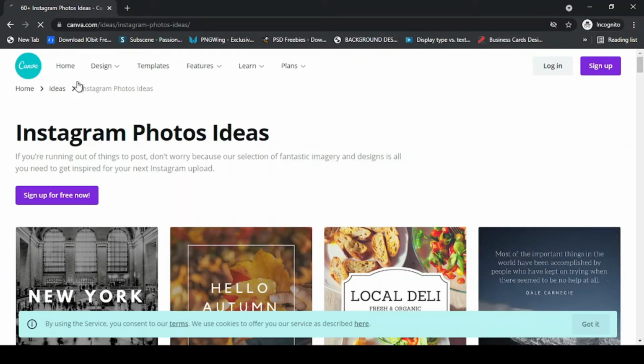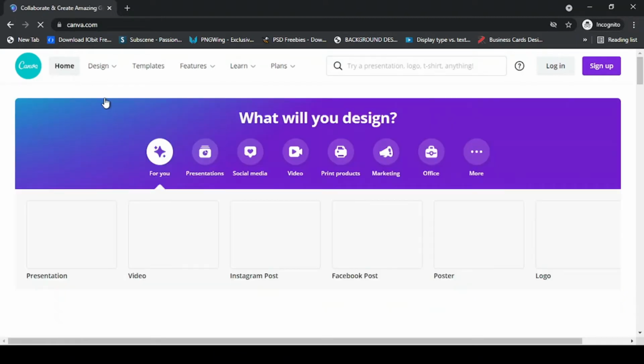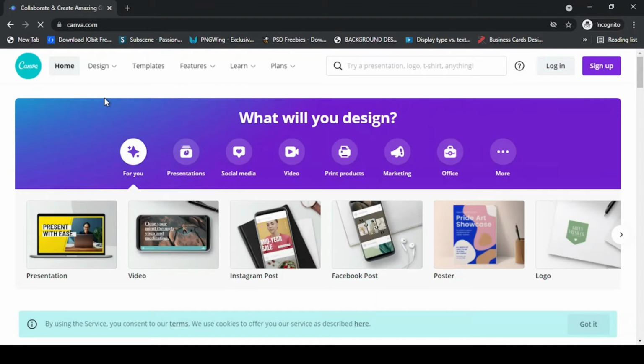Okay, so to get started, let's go back home now. To get started on Canva, first things first, you have to create an account, because Canva is majorly online. You don't work offline on Canva. That's a downside, but